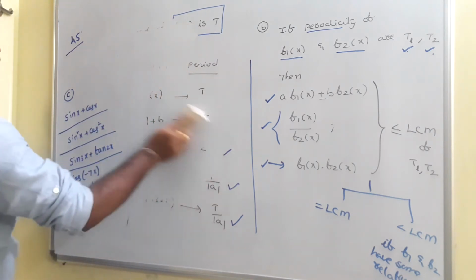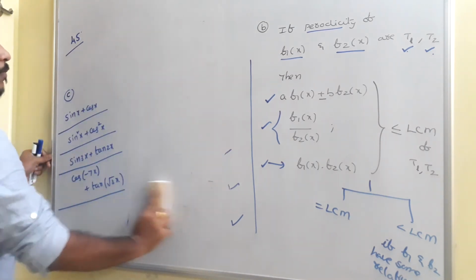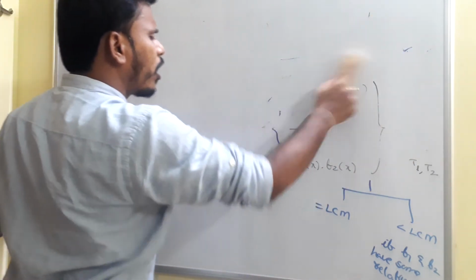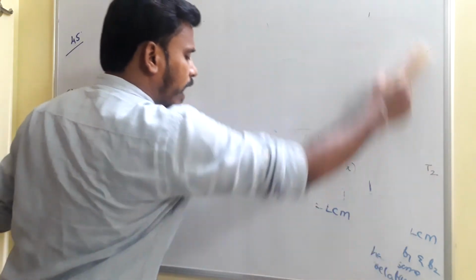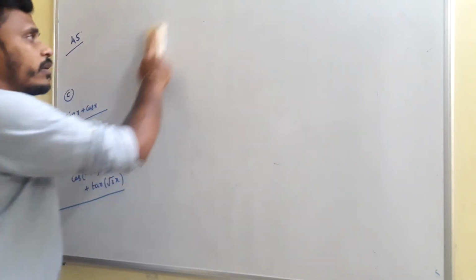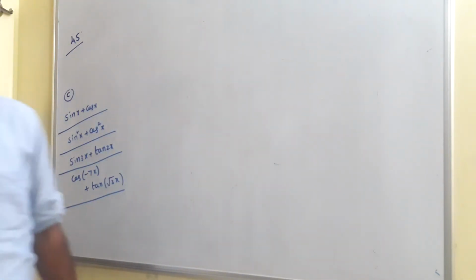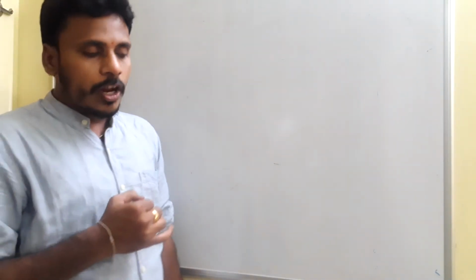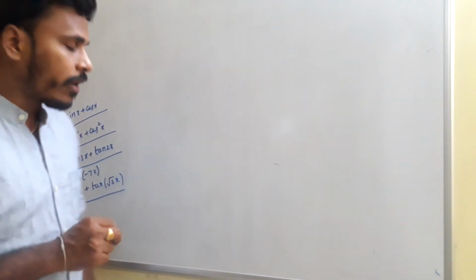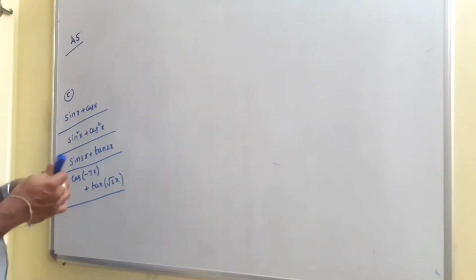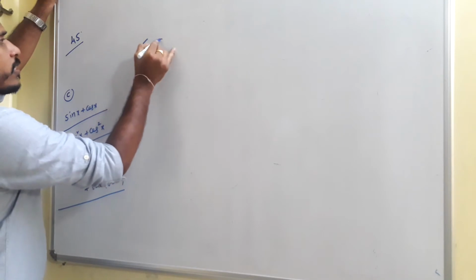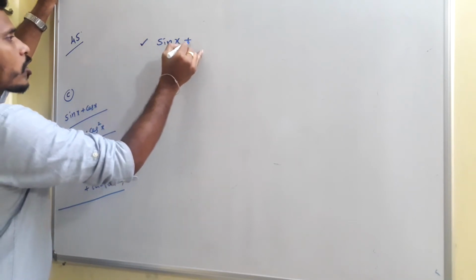And now to discuss C, here I have some functions. We need to find out the periodicities of these functions. As we discussed in the previous classes, for the trigonometric functions sin theta, cos theta, cosec theta and sec theta, the periodicities are 2 pi, whereas for tan theta and cot theta, the periodicities are pi. With that idea in our minds, the first one is sin x plus cos x.